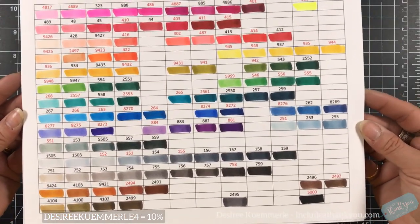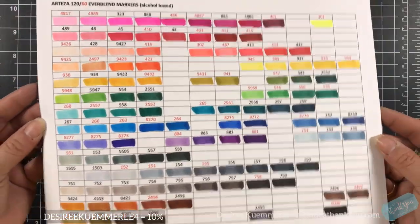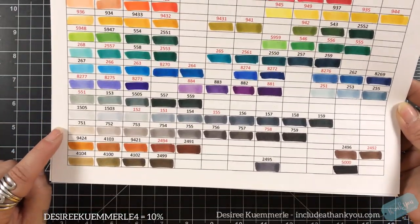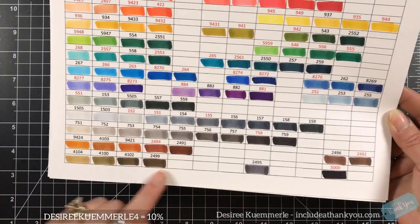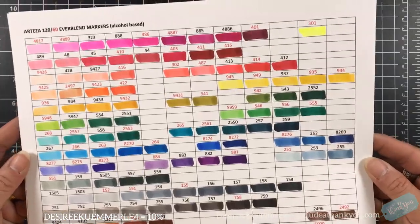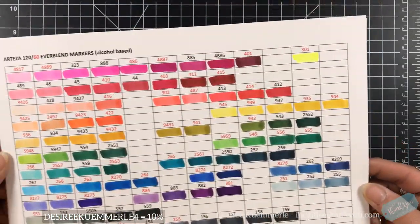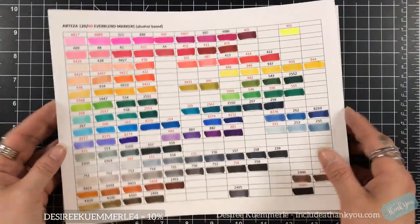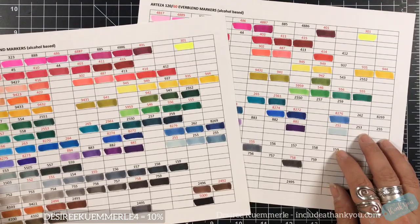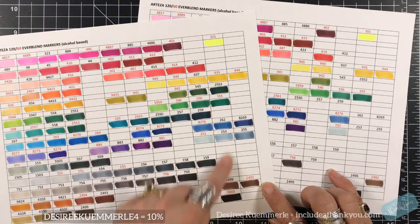So you can see you've got some steel gray blues going on there to the right. You've got your cool grays. You've got your warm grays. You've got some great browns for a fox. You've got some great browns for a bear. And then you've got some great browns that can be mixed to create your deer colors. That's how I like to break out the critters a little bit there. And then the rainbow is just really looked at. This chart, if you like the way that these blends look,